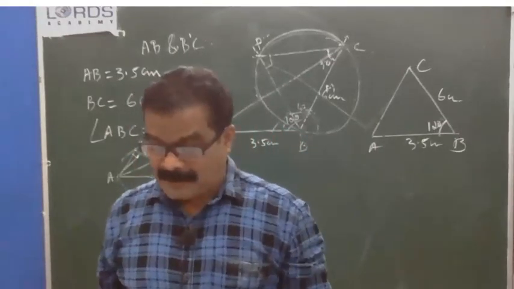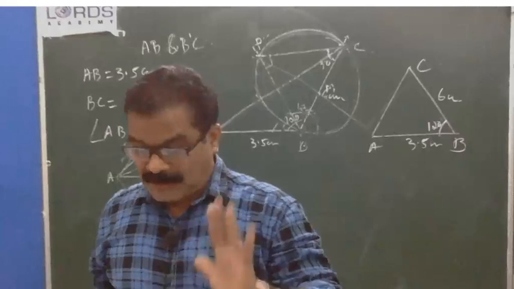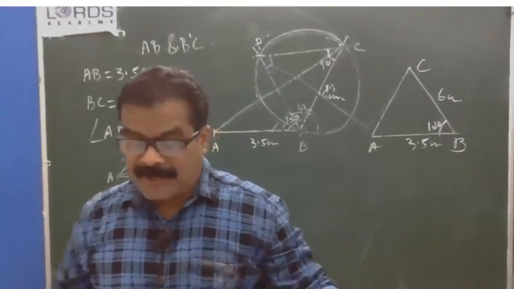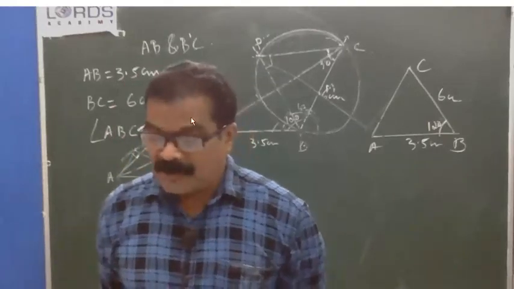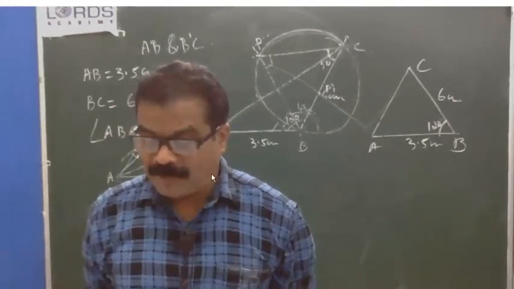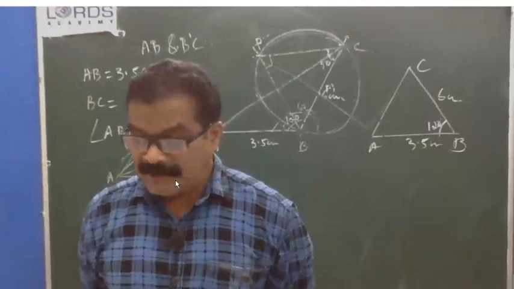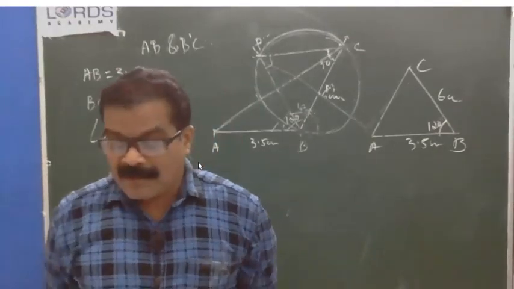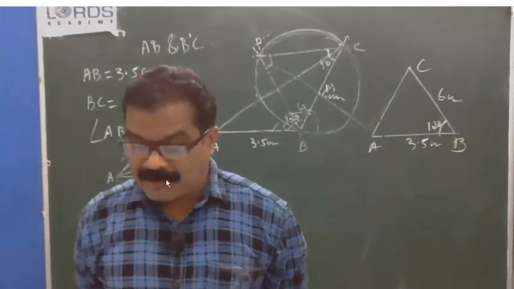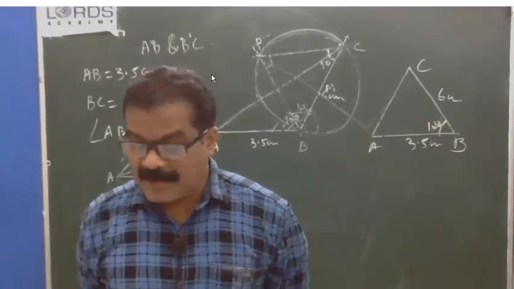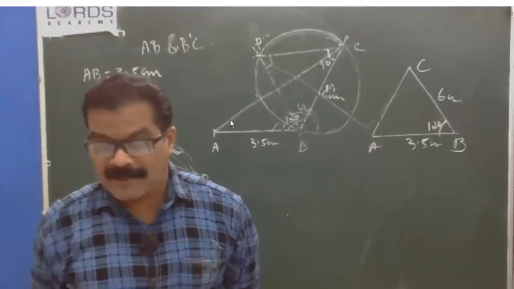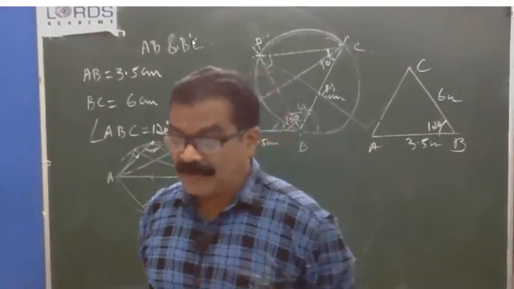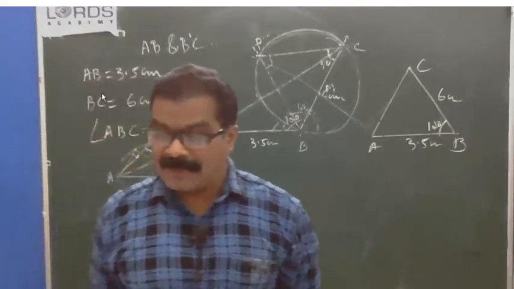Then that is over, that's 120. Then 19, what about 19? I will read. Construct a triangle ABC in which base BC is equal to 5.5 centimeter, AB 6 centimeter and angle ABC 120 degree. Construct a circle circumscribing the triangle ABC. Draw a cyclic quadrilateral ABCD so that D is equidistant from B and C. Yes, right. Question number 19. Take it. That is another variety question.